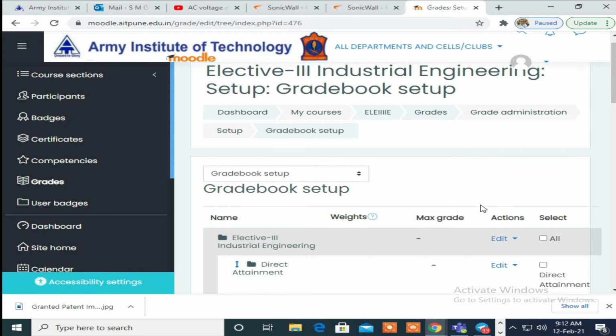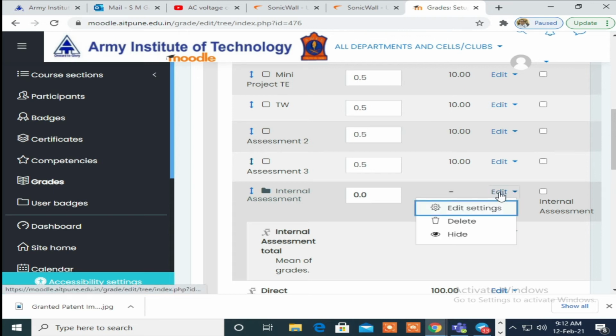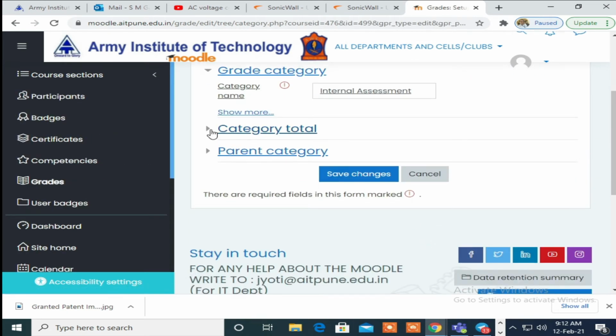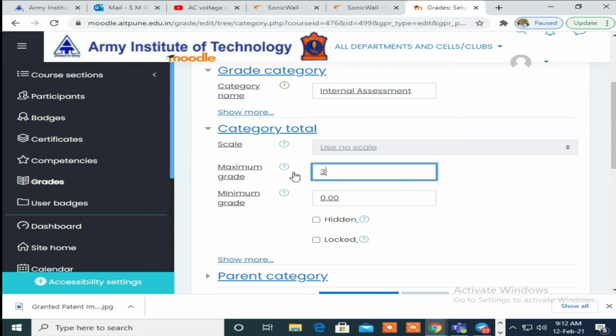Yes, that's great. So do an edit setting so that you can change the highest and minimum, lowest mark and weightage. So go in category total, give maximum marks, that is 30, and minimum marks is 10.